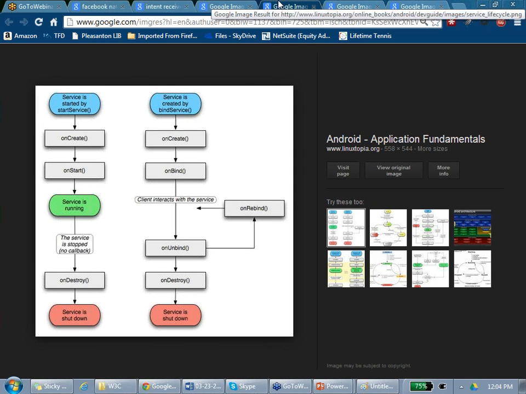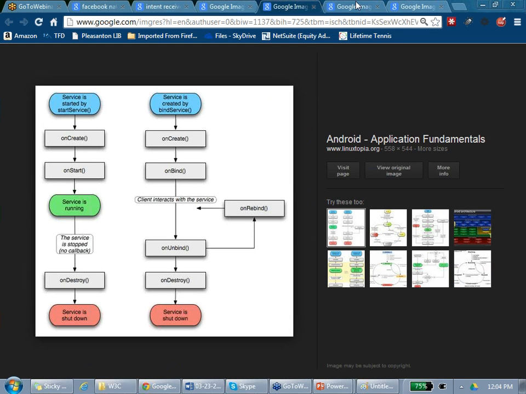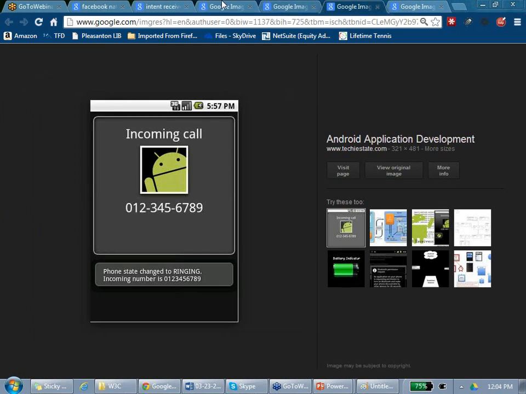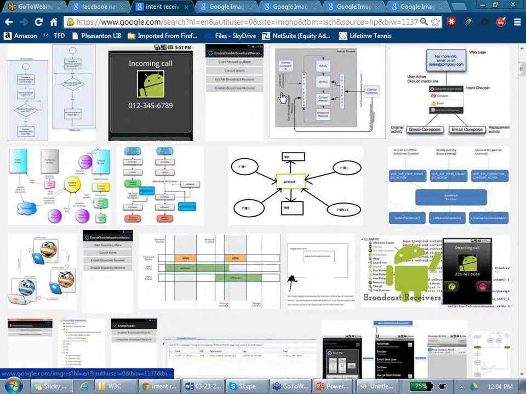Okay. It's broadcasting, it should be broadcasting, right? It should not be an intent one. Wait a second. We'll find an example. That should be broadcasting, meaning it's broadcasting to the phone.